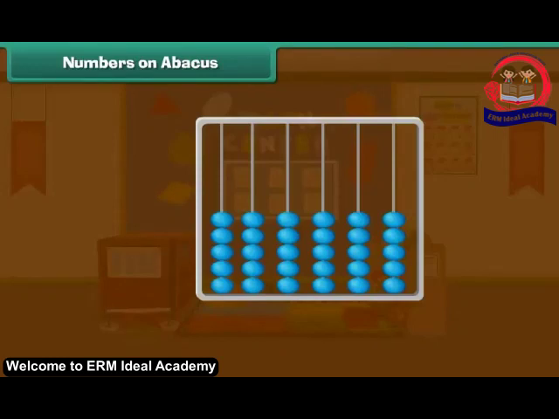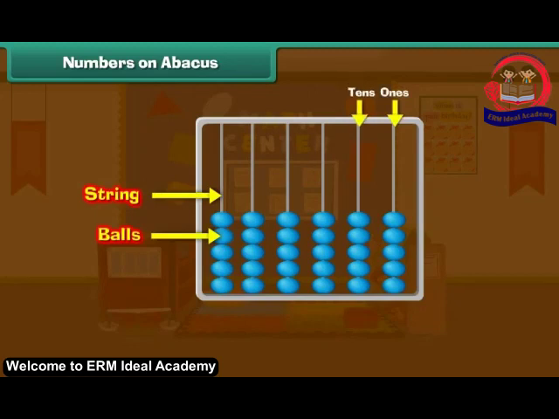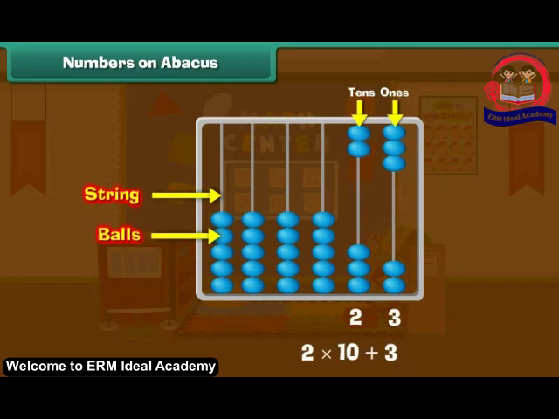Numbers on abacus. We can use an abacus for counting. This is an abacus. It has many strings and each string has many balls. We use the rightmost string to count ones. We use the next string to count tens. This abacus has 3 balls in the 1 string and 2 balls in the 10 string. So, the number is